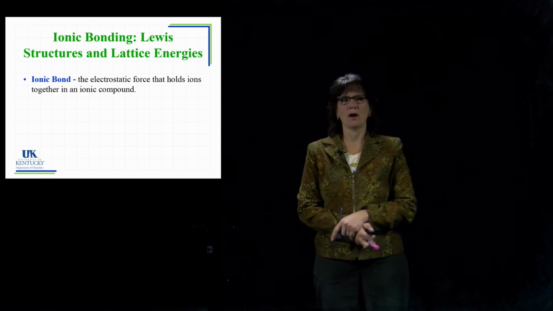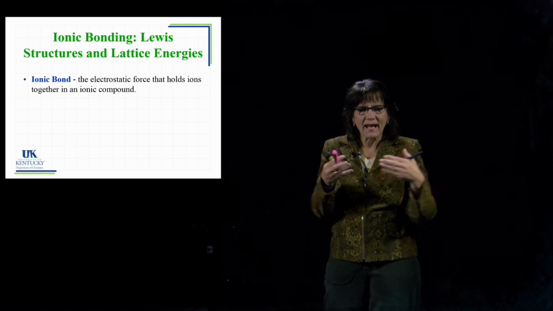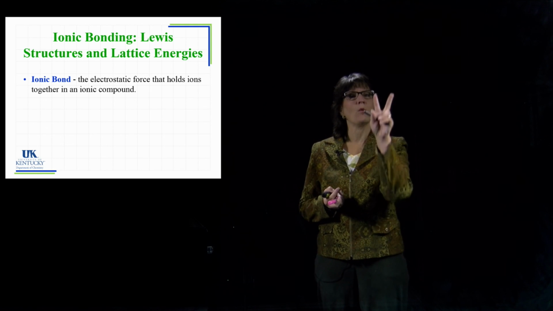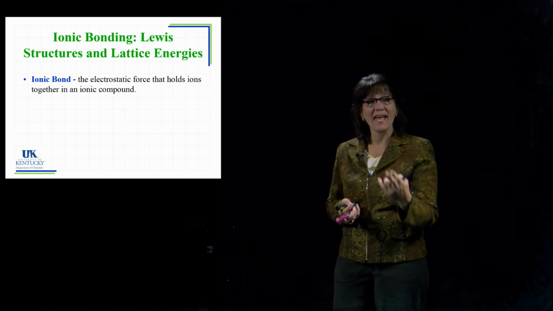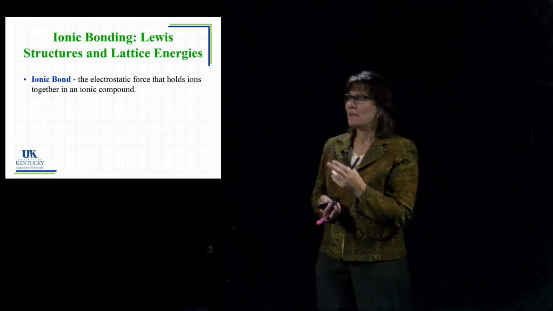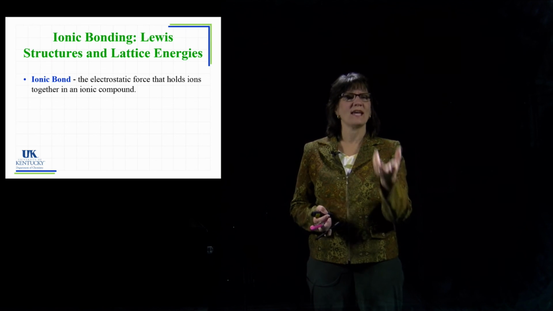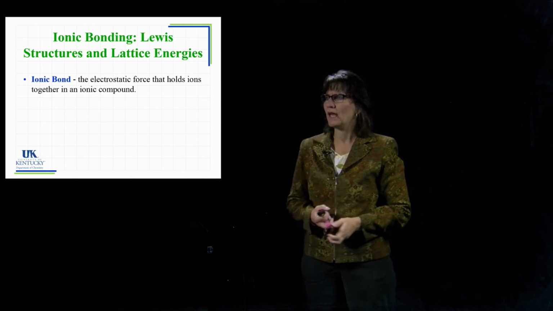So what is an ionic bond? An ionic bond is an electrostatic force that's holding cations and anions together. That's what the bond is. A bond is described by what is the force that holds those atoms together, and in the case of an ionic bond, this is an electrostatic force. Remember, that is just a sophisticated way of saying opposite charges attract each other,